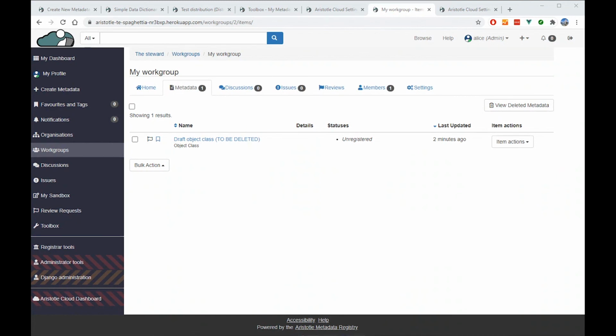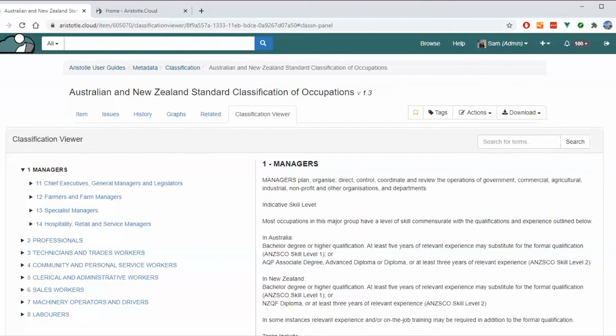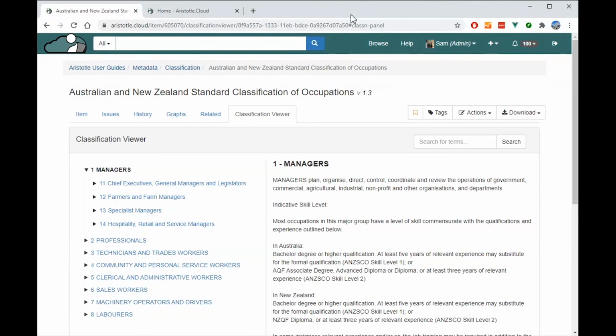the classifications management. So to do that, I'm just going to switch my window to an example I've prepared earlier. And that is this one. So this is an example that we've hosted publicly on Aristotle.cloud. If you're looking for some examples of the content that we put out, Aristotle.cloud is an open registry that we allow anyone to access so that they can test and trial the software. So it's not where you go. You have your own registry that's probably at